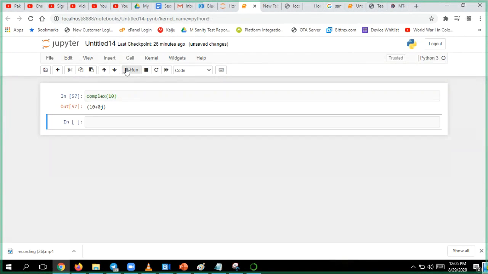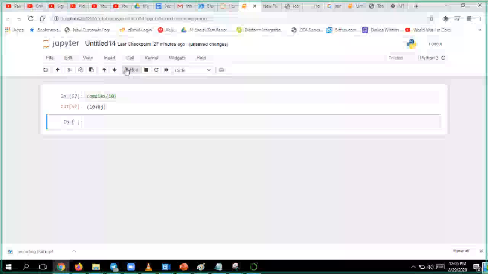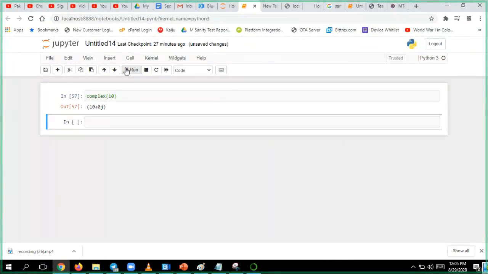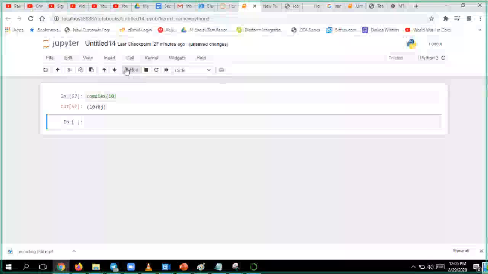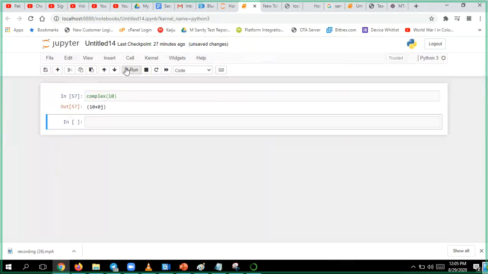But the reverse is not possible, because you have two values, but you have to store them in one value. The real value is there, the imaginary value with j is also there. How is it possible for you to put those things in a single value? It is not at all possible, so it will just leave it like that.